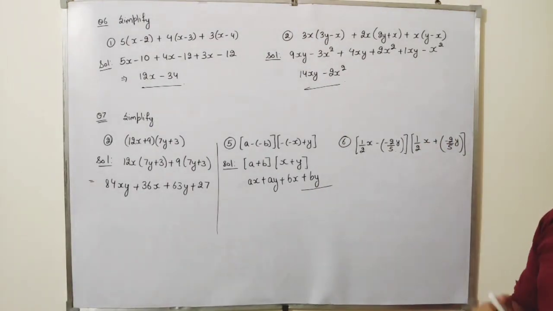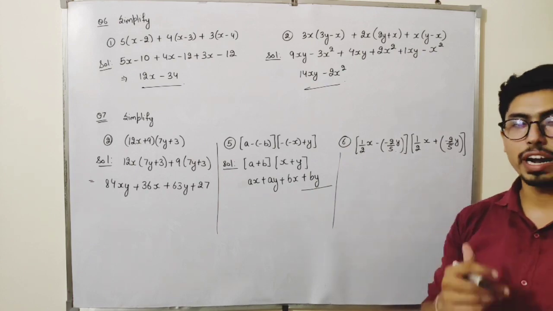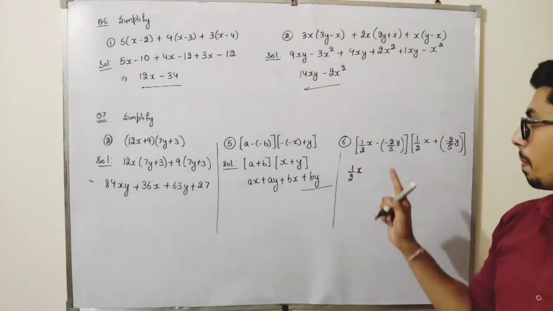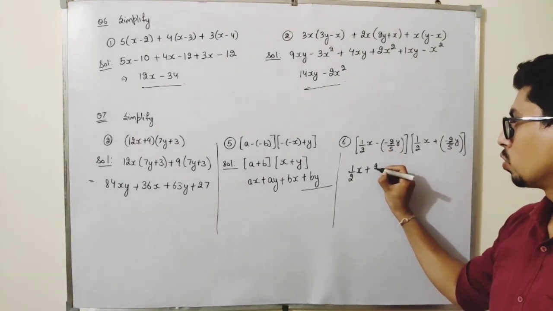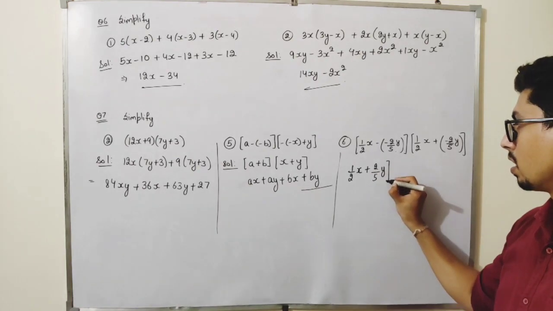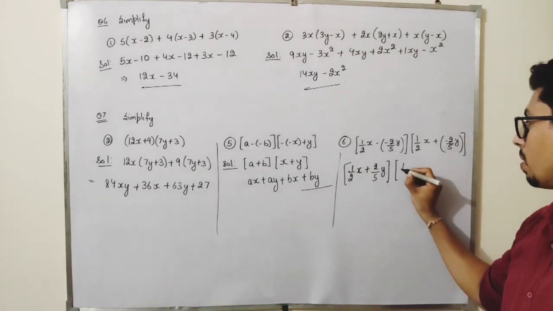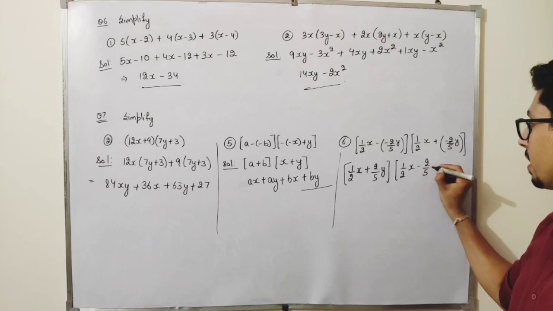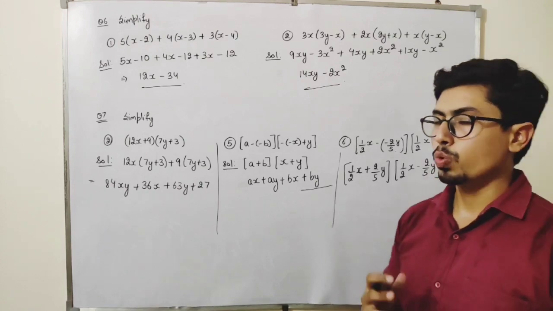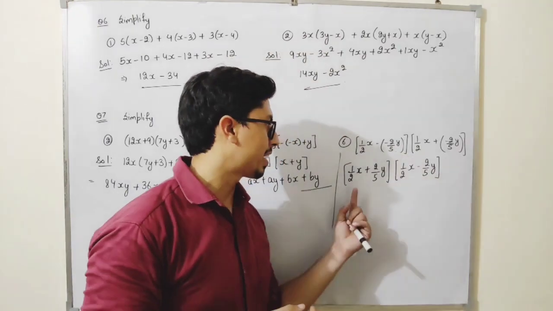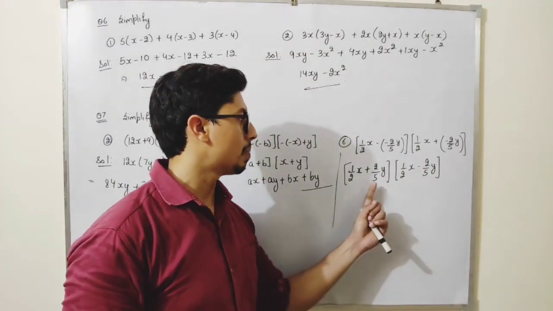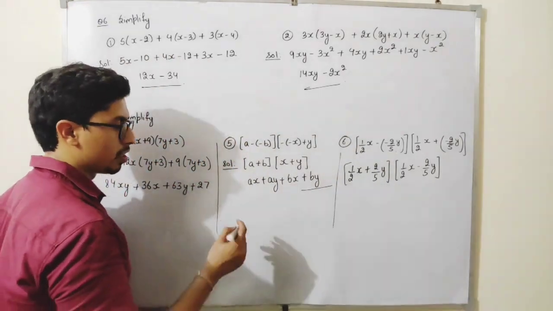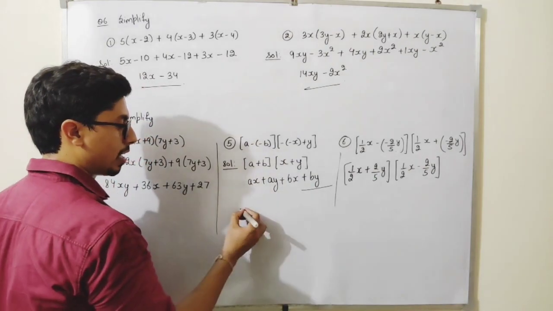Okay. Now, similarly, students, in this part, see how can I write this? See, 1 by 2 into x as it is, minus and minus will be plus, so 2 by 5 into y. Okay. 1 by 2 into x, minus and plus will be minus, and 2 by 5 as it is. Okay. Students, I can just simply solve it by multiplying this number by both these numbers and this number by both these numbers. This you can write, or I am just giving you a formula that will help you in future also. What? I can write it like this.